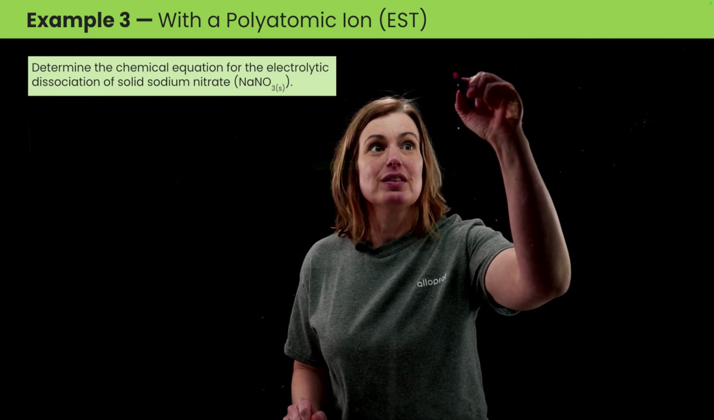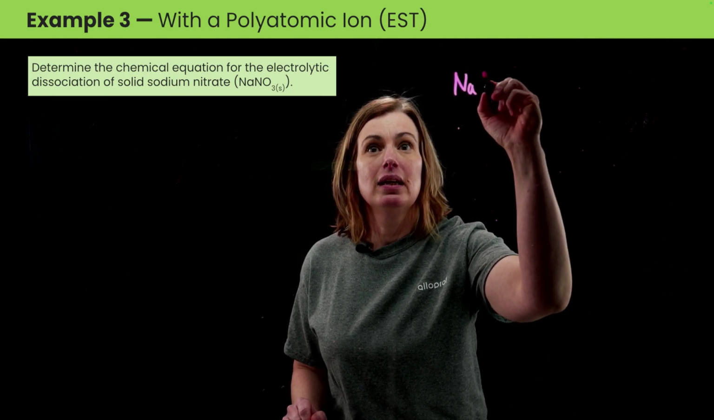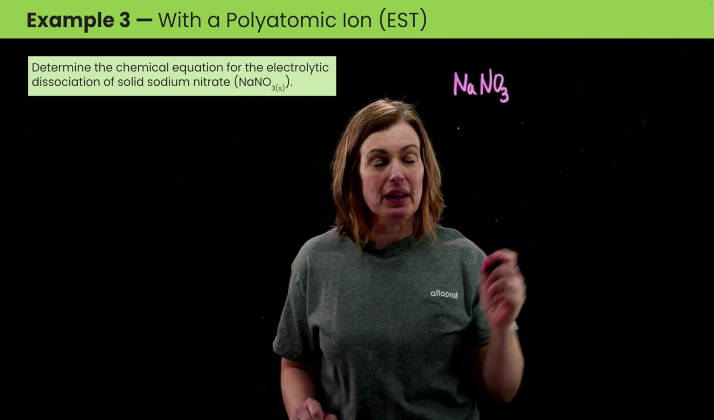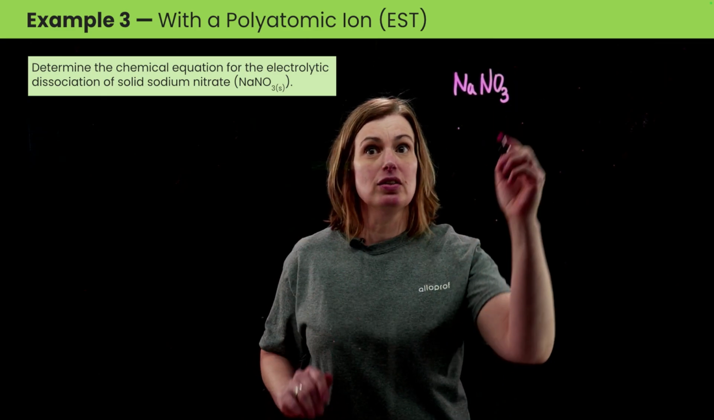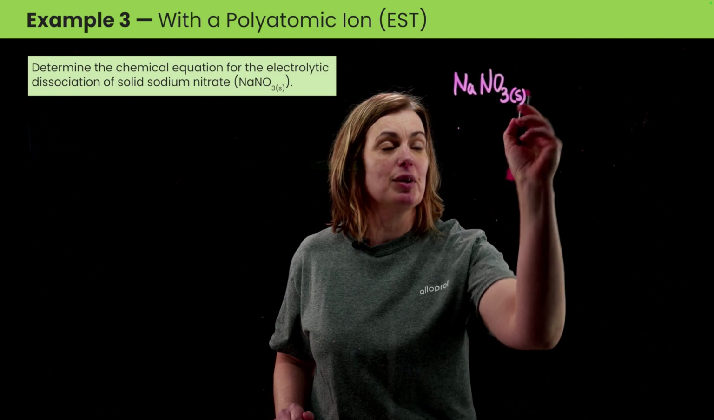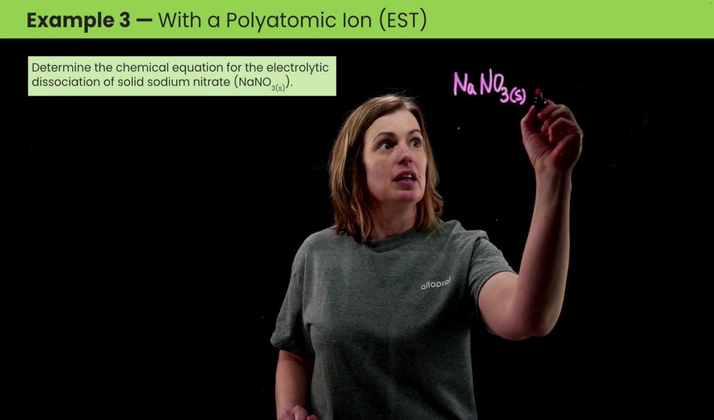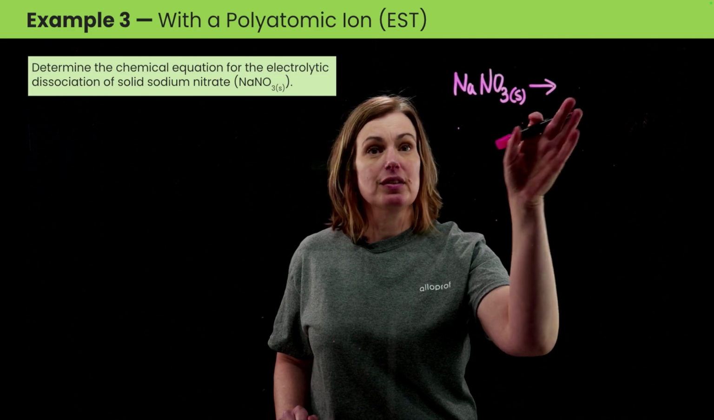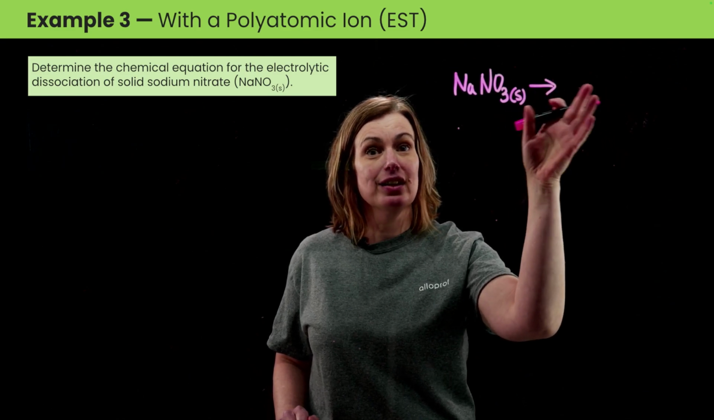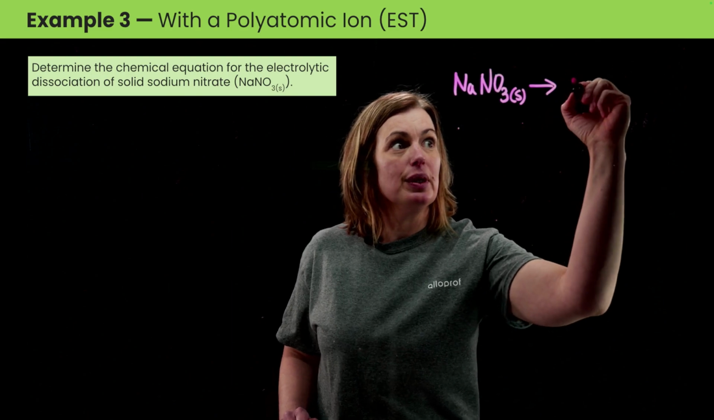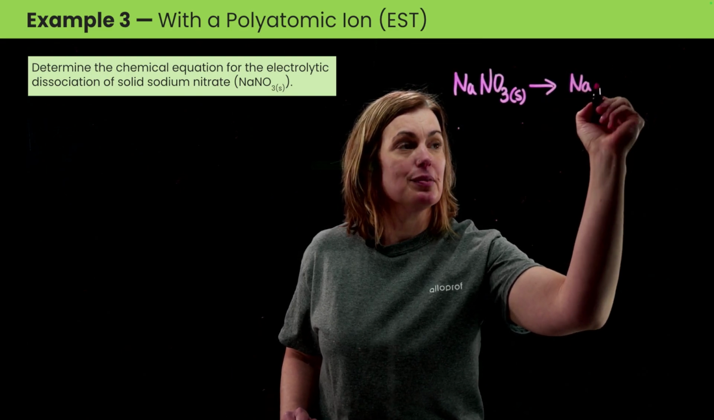our sodium nitrate. So NaNO3 is going to be put here. It is in solid form, so I want to make sure that my phase is written as a subscript beside. And then I'm going to be preparing myself to write my cation and my anion to the right of the arrow. Now, in this case, I have my sodium as my cation,